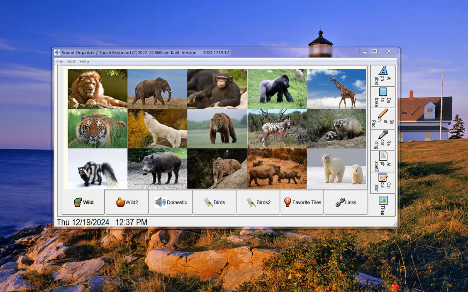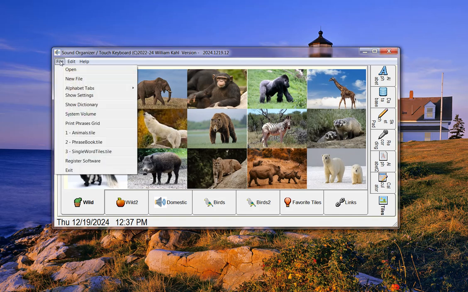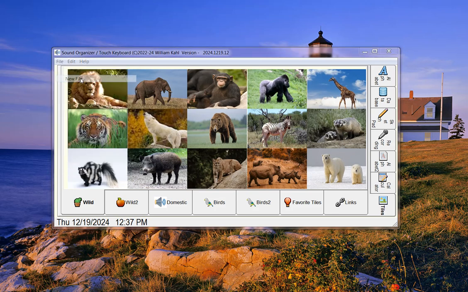Hello! The purpose of this video is to show you how to create a new sound organizer file from scratch and all the various things that go along with that. So I'm going to start out by selecting File, New File,